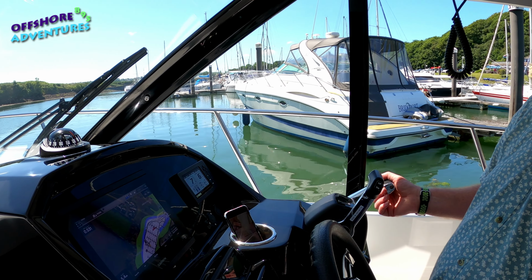So now that we're straight, that's both engines in forward. We're just moving slightly to starboard, so I'll give the port engine a little bit of a blip to straighten us out again. So you can see there that we are